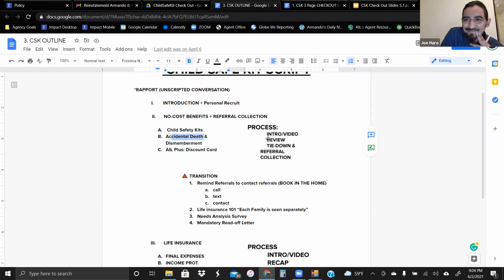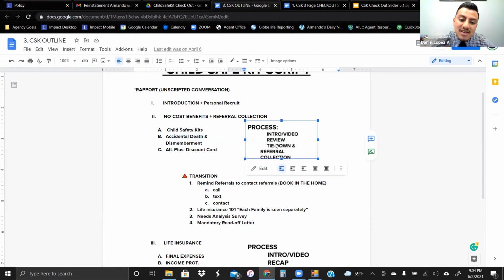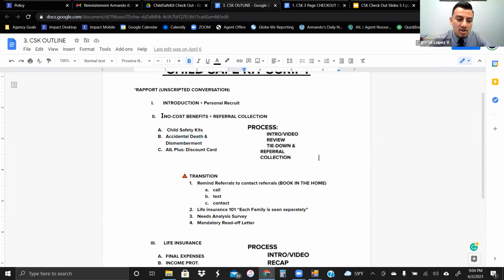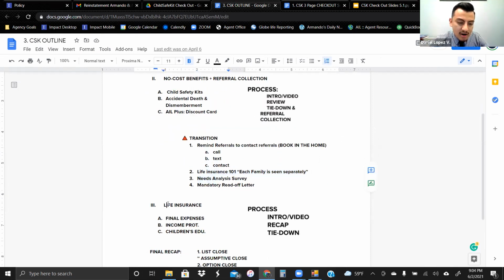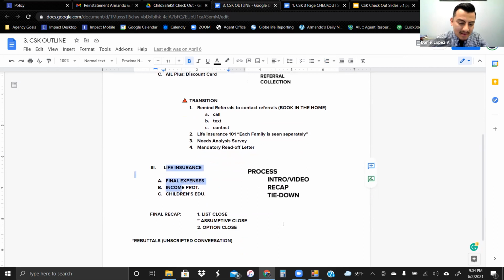It confuses you. But if you know the outline, you know you left off on accidental death review. So now you got to do tie down next. Okay. So no cost benefits: intro, review, tie down. And then transition to life insurance, remind them to call life insurance 101. And when it comes to life insurance, same process: intro, review, tie down. Okay. And so on. So the reason I bring this up,